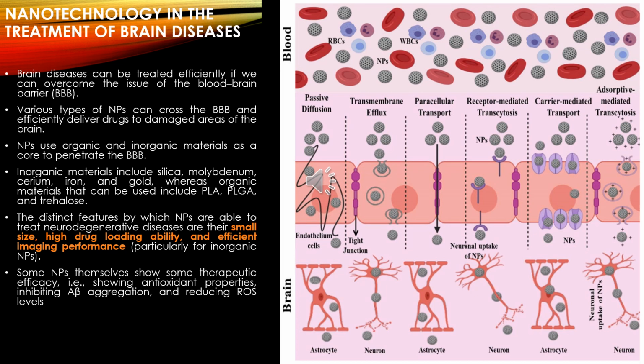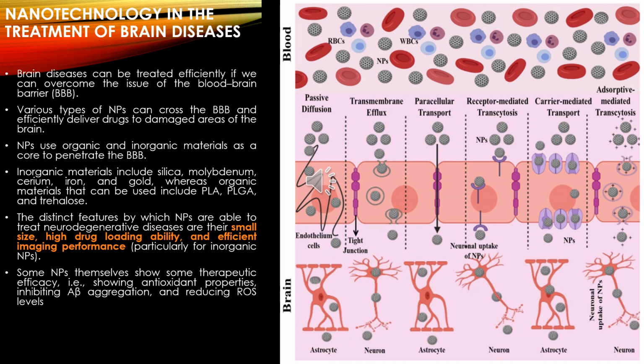The presence of this blood-brain barrier is a major hurdle for the transportation of the drug to the particular part of the brain. So it does not allow the drug to enter into the central nervous system, and it maintains the homeostasis of the brain. So if there is any disturbance in the blood-brain barrier, that leads to some neuroinflammatory conditions, some neurodegenerative diseases like Parkinson's disease, Alzheimer's disease, etc. In some cases, even a damaged blood-brain barrier also does not allow the drugs to enter into the brain.